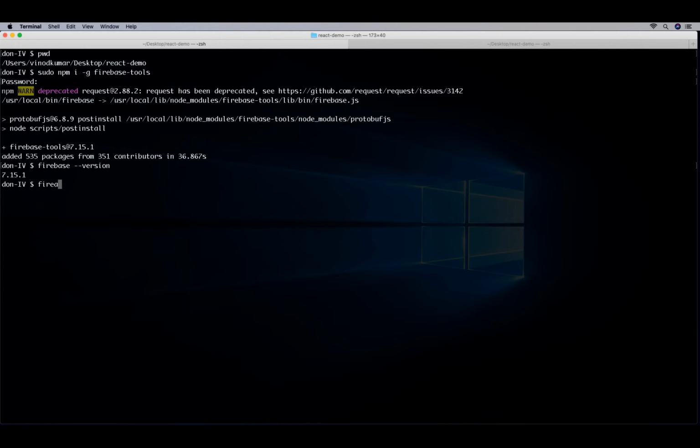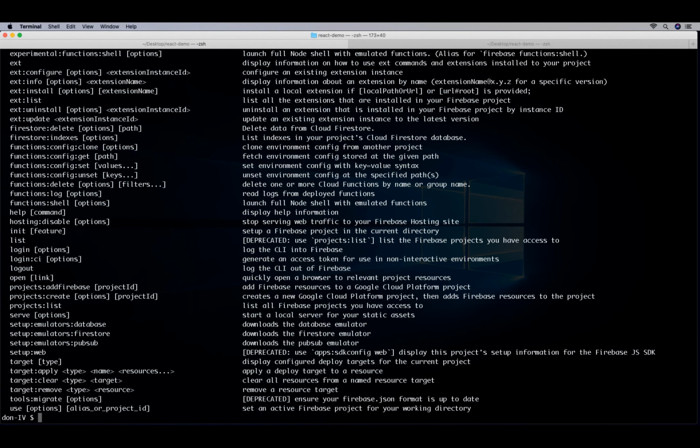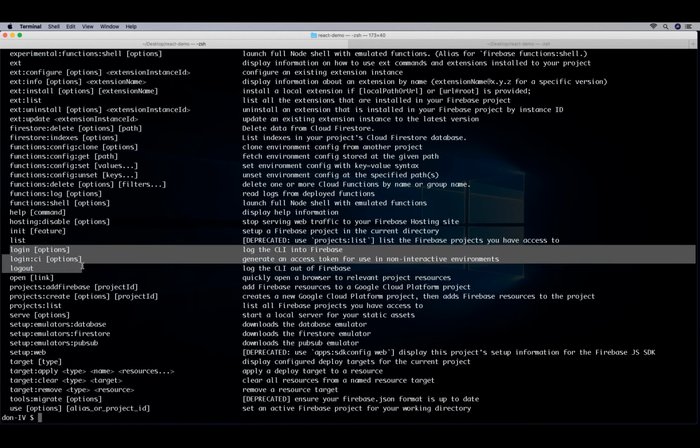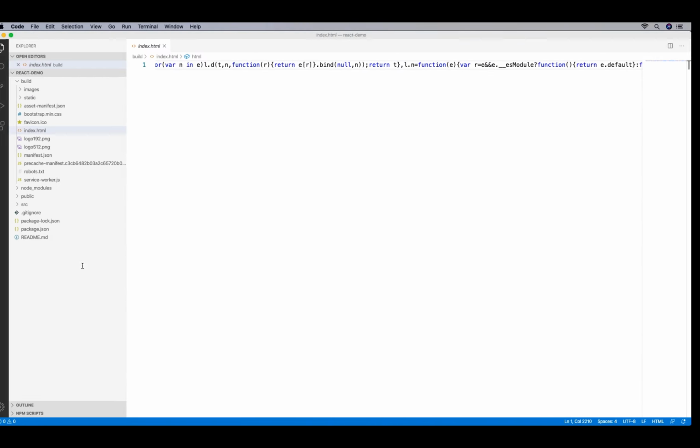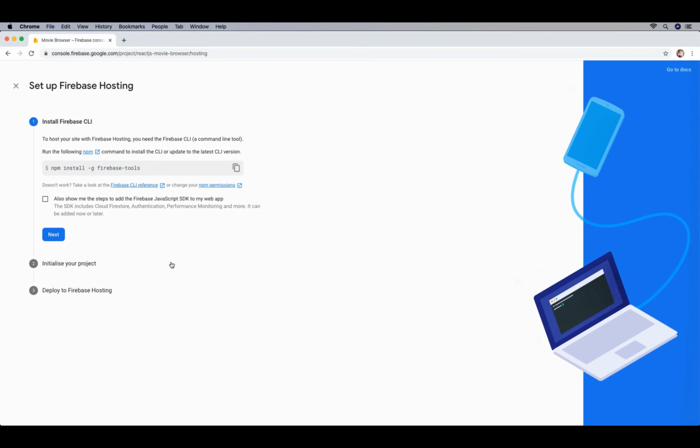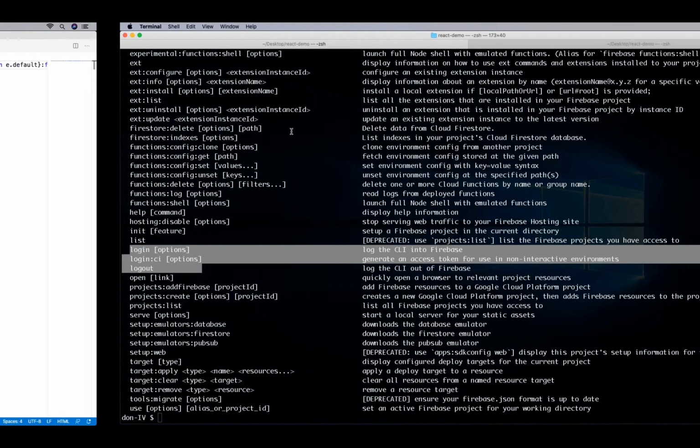You can also say firebase --help, and it's going to give you some help on the command firebase itself. As you can see, there is a bunch of them. One of them, straight away you should observe, is an option called login and logout. Using this Firebase tool, what we basically have to do is connect to the Firebase account which we are currently logged in as. Note that I have logged in to this user currently. To do that, I may have to go and type here